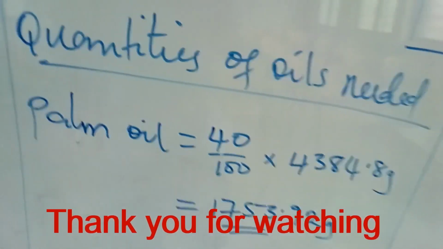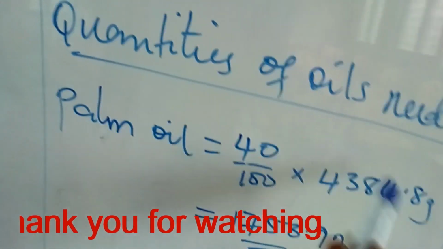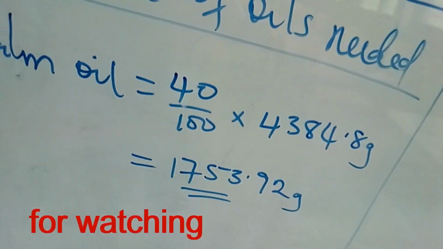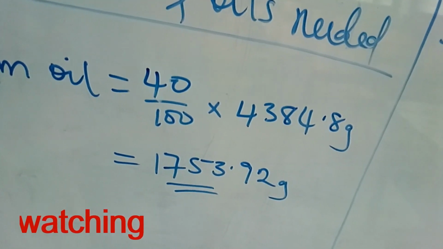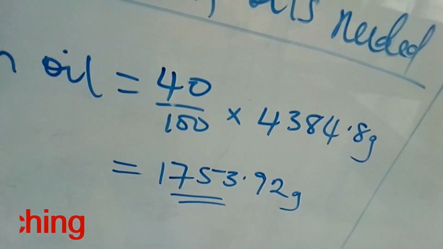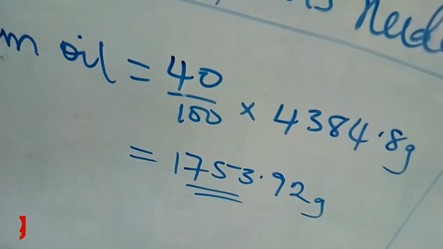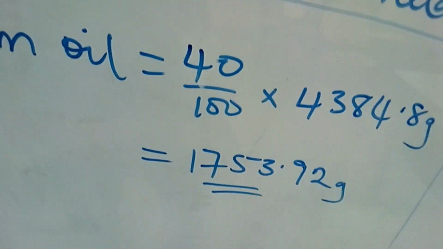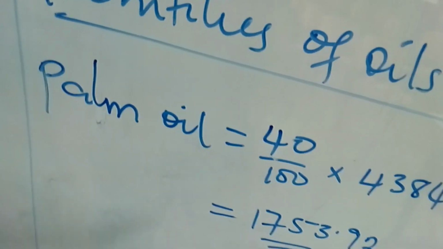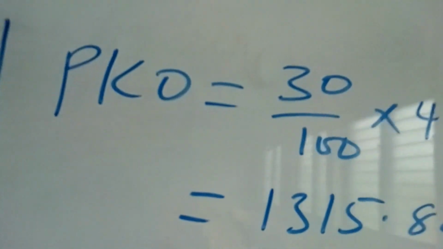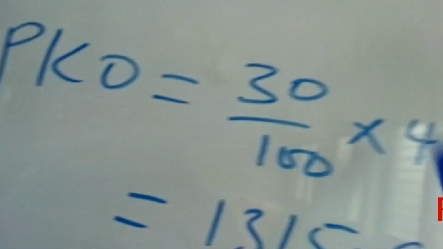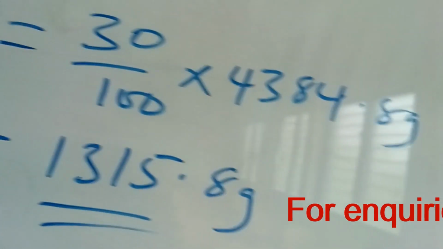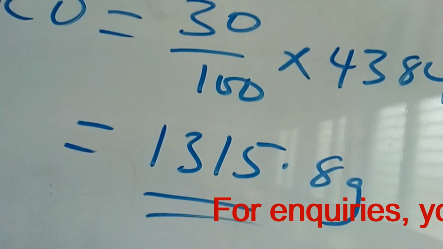So with the quantities of oil that we'll be needing, we said we'd be using 40% of palm oil. So our palm oil will be 40 over 100 multiplied by 4384.8 grams, and that will give us a total of 1753.92 grams for the palm oil. So let's see our palm kernel oil, that is PKO. We said we'll be needing 30%, so that will give us 30 over 100 times our total volume of oil, 4384.8 grams, and this will also give us